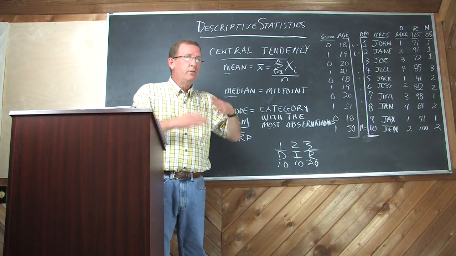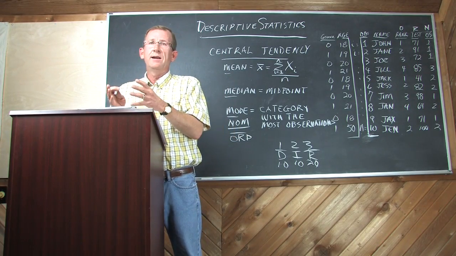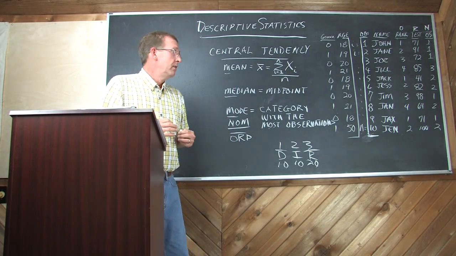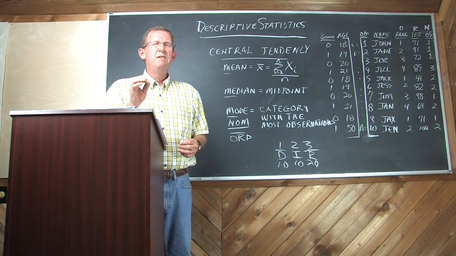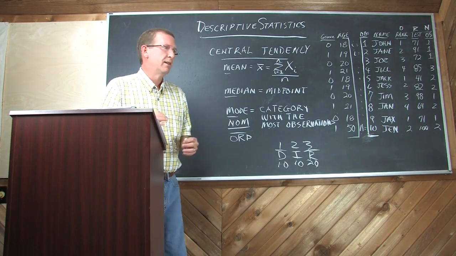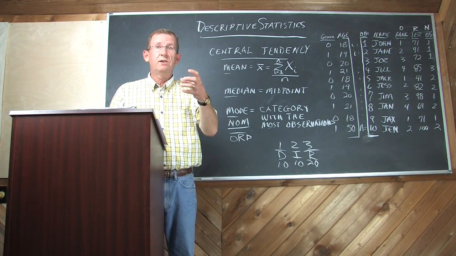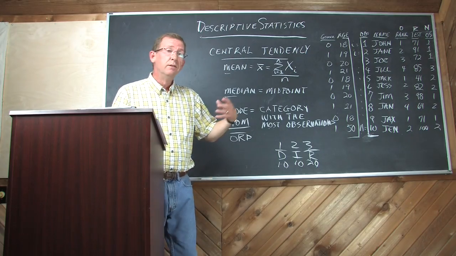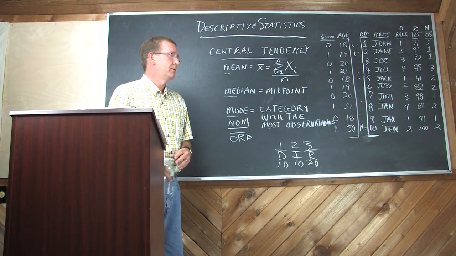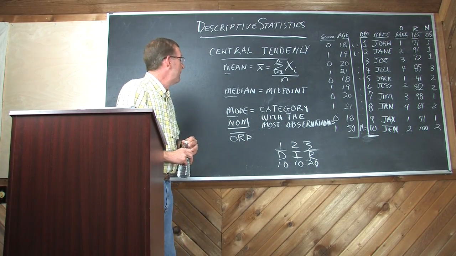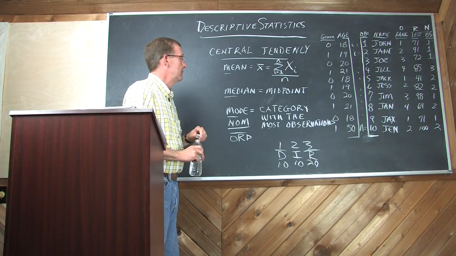And so if we split partisanship not into 3 categories, but let's say 7, the modal category might be very misleading. It might be sort of an outlier. So just keep this in mind. The fewer the categories in an ordinal level measure, the more likely it is that you might want to describe its central tendency with the mode. More often, though, you'll want to use the mean